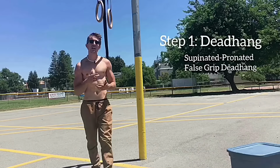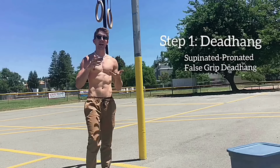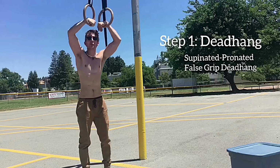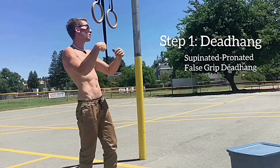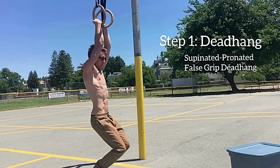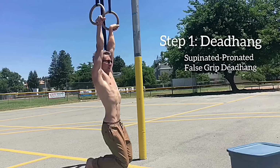All right, so for this next exercise, I've actually raised the rings up to about a level where I can get a dead hang, because we're actually gonna try the dead hang now. So what we're gonna do is start in the supinated grip first, simply because it's easier. So we're just gonna do a dead hang. We're gonna start in the supinated grip like this, and then our goal is to turn it out into pronation and try and hold,